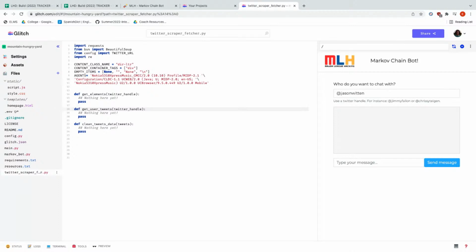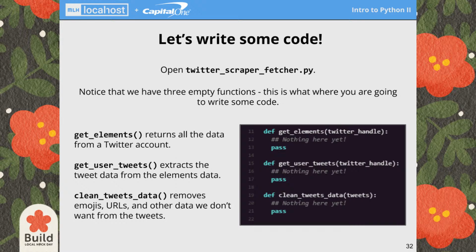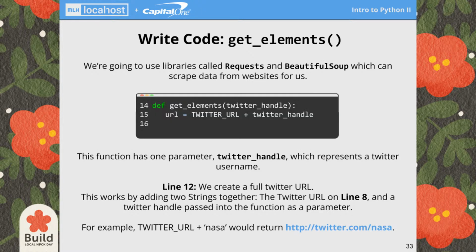So actually, I'm going to switch back to the slides here, so you can see what I'm talking about. These are the three methods we're working on, and this is what you're going to want to type in to get_elements. And I'm going to do it with you.